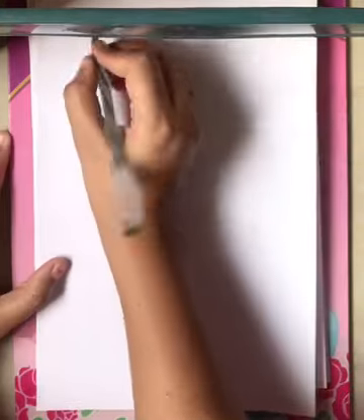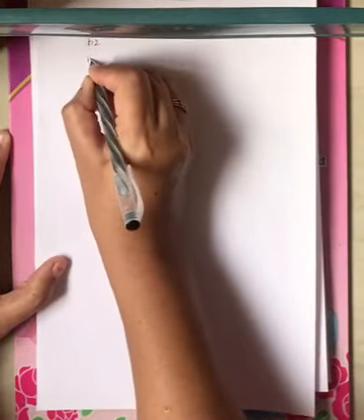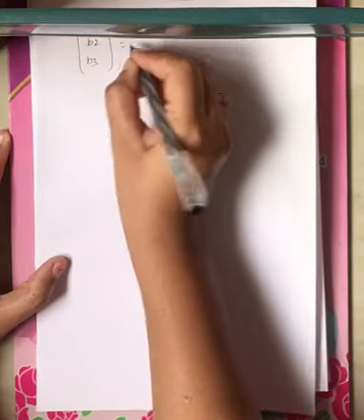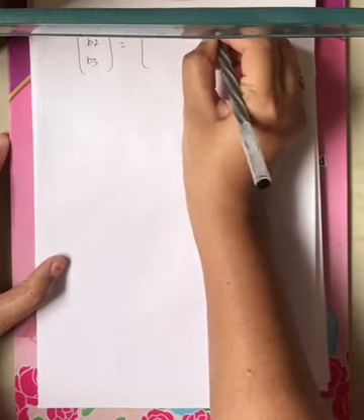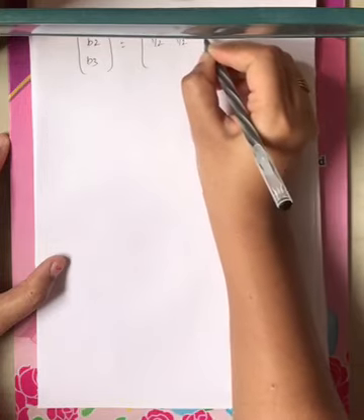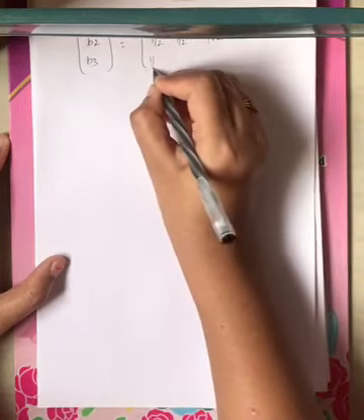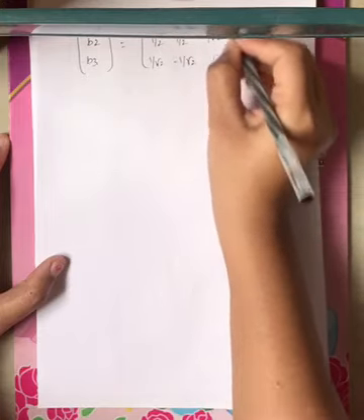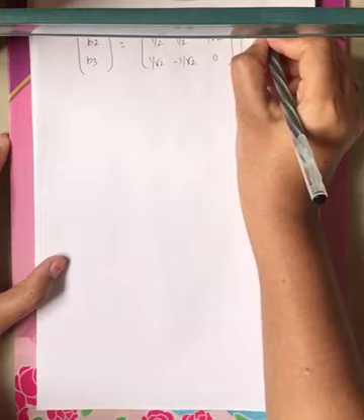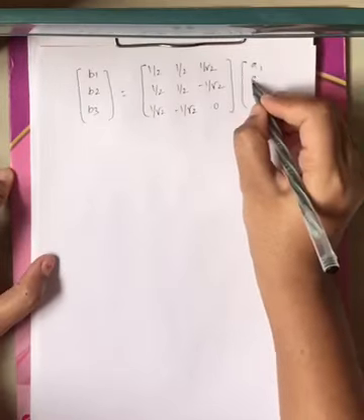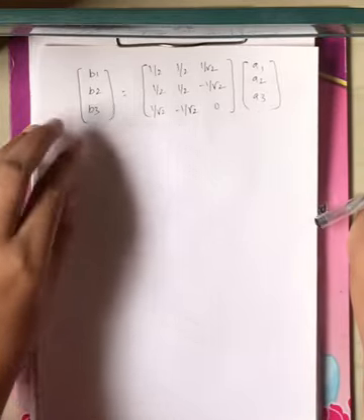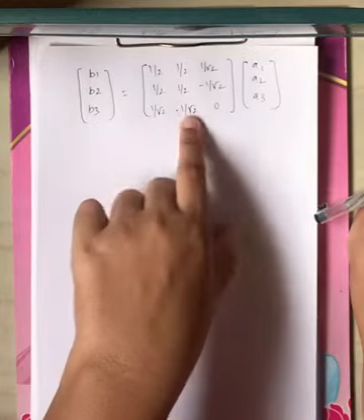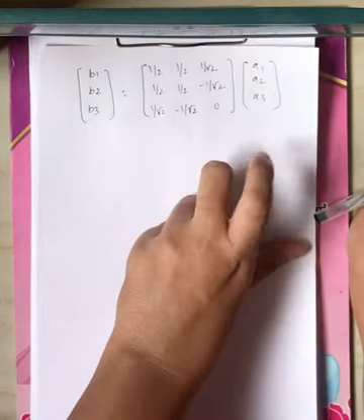Now let us represent that. B is the reflected power at port 1, port 2 and port 3, and this is equal to the scattering matrix, that is, half, half, 1 by root 2; half, half, minus 1 by root 2; 1 by root 2, minus 1 by root 2, 0, into the A matrix: input power at port 1, input power at port 2 and input power at port 3, right? The S matrix we have derived till now.